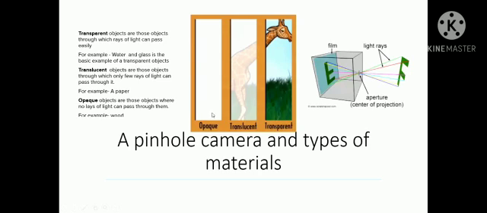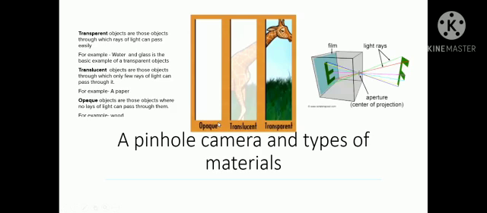So those portions, means those objects from which light can easily pass, we can say are examples of transparent objects, and those objects from which a smaller amount of light can pass are known as translucent objects or translucent material,